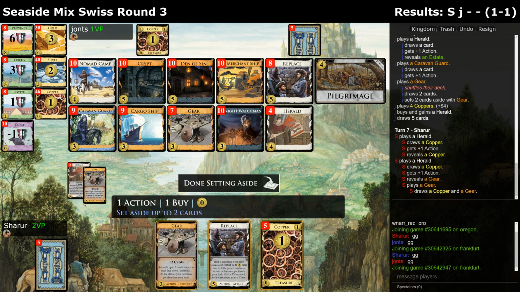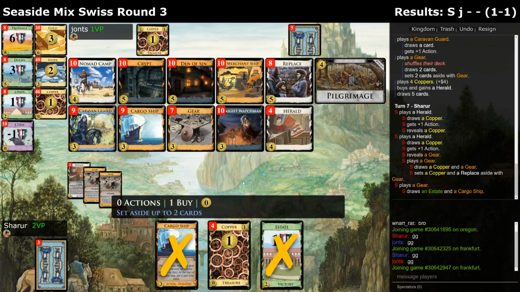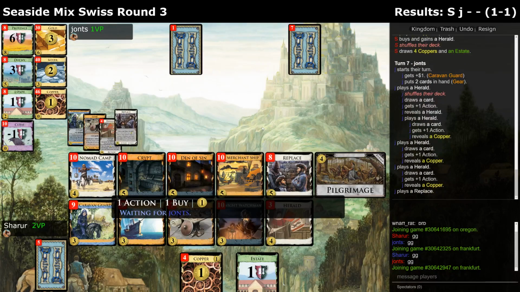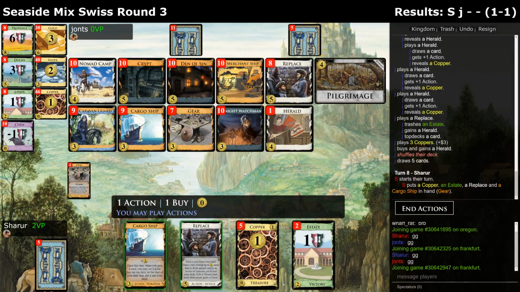Could set aside replace copper and then just plan to replace next turn when I have an estate in hand. And I've got a lot of stuff set aside, no heralds to play it with, which is great. No, stop. Ugh. All right, well, I think at this point we're just gonna